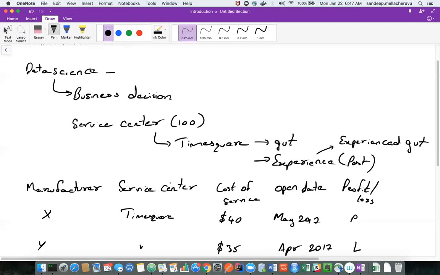Now, instead of doing all these things in this way, there is a new area. In fact, it's not very new, but we can call it new for the time being. The area is called data science. The terminology is very new actually, but it was called statistical learning earlier.